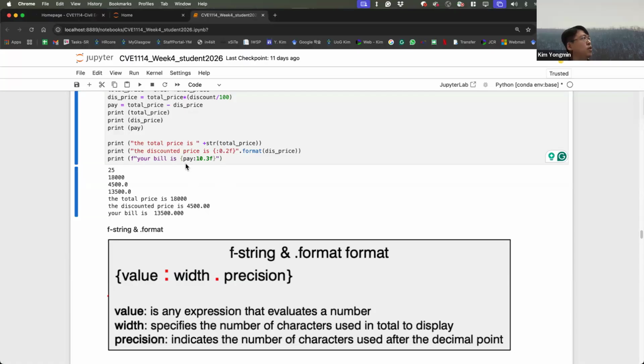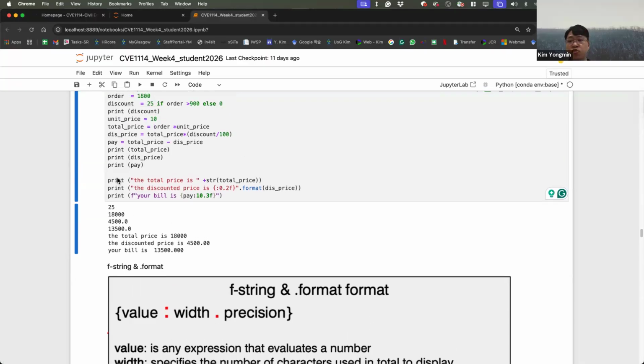Decimal point 2, decimal point 3. In your exam, you can use anything, whatever you think is easiest.